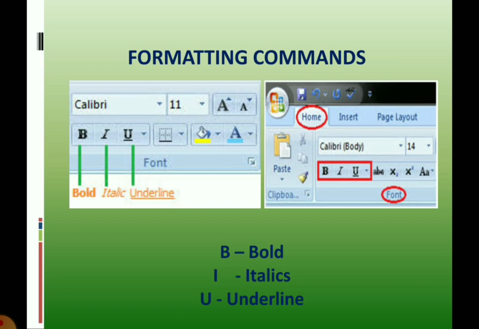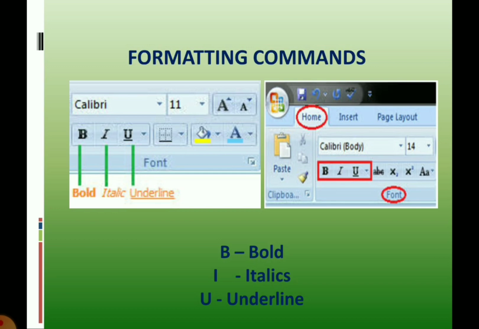Bold means if you are writing something in MS Word, or if you are typing, writing means typing, okay? If you are typing something in MS Word, if you want that letter in a darker way, you can click on bold, okay?